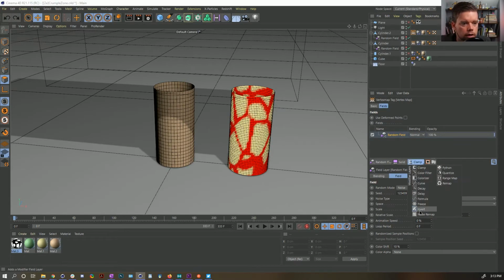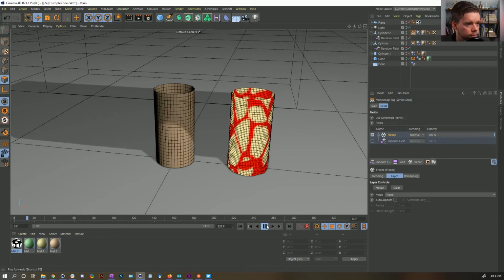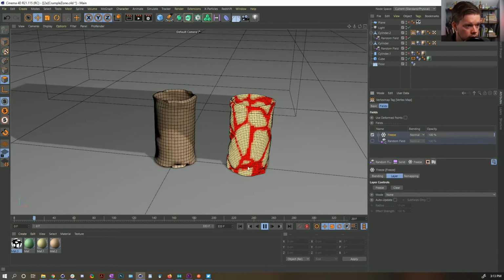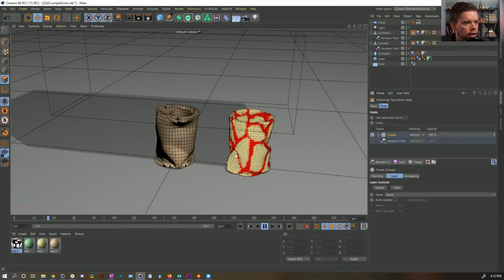Okay, well, here's the next thought. Let's put freeze in there. This should freeze that. I'm going to say freeze. And even if we turn this off now, it is now stuck there. So those become more of a constant crumple. So those, yeah, you see they're not turning yellow now. So those are able to break and stay broken. And now,